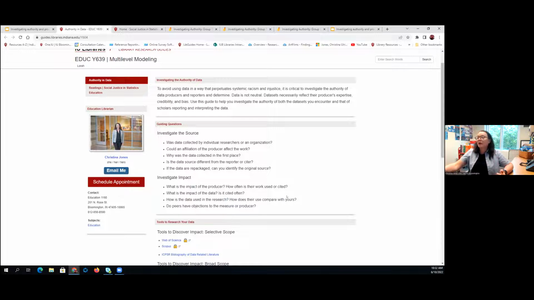How does it compare with doing your own statistics gathering? Another interesting line of thought when investigating the data sets they were using in the class is whether their peers have objections to the data, or to the measure, or to the producer.